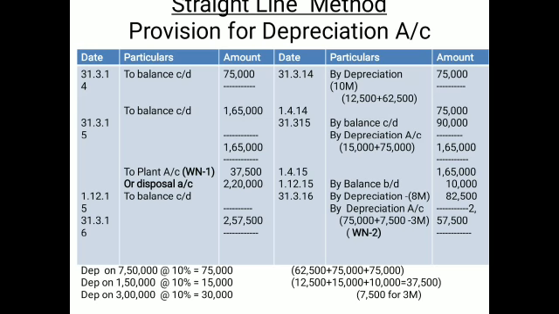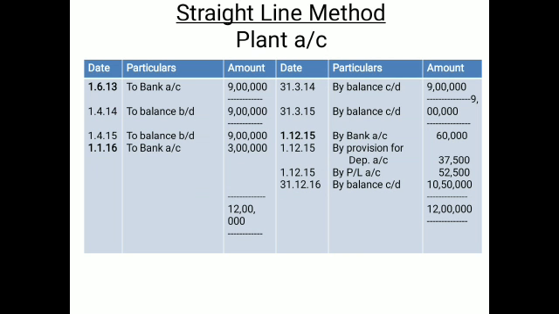Now again you may see here the plant account. Because of the day of purchasing and selling of the plant, you have to write down first the balance forwarded and then the new machinery purchased on 1st January. Then by bank, that means the value of machinery sold, 1,50,000 at the cost of 60,000. And now the by depreciation is coming from the depreciation account with the full amount of the depreciation charged on the 1,50,000 cost machinery.